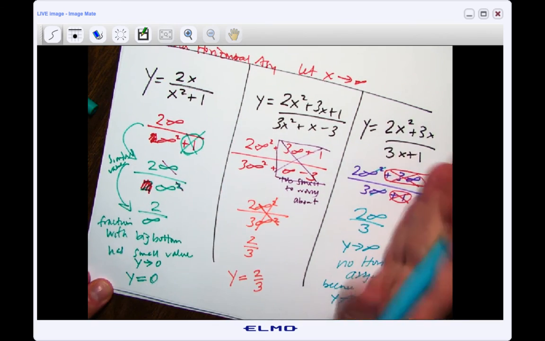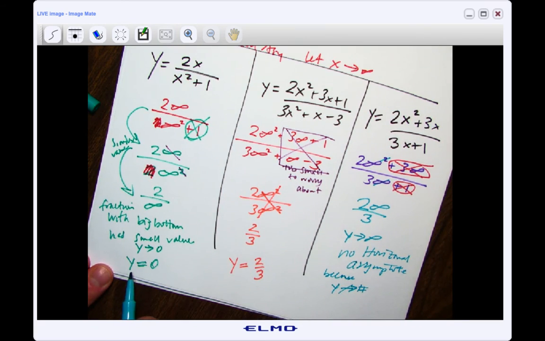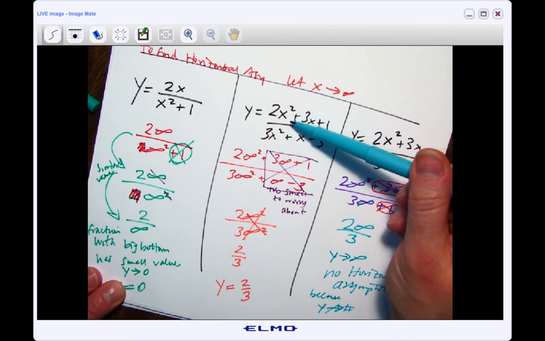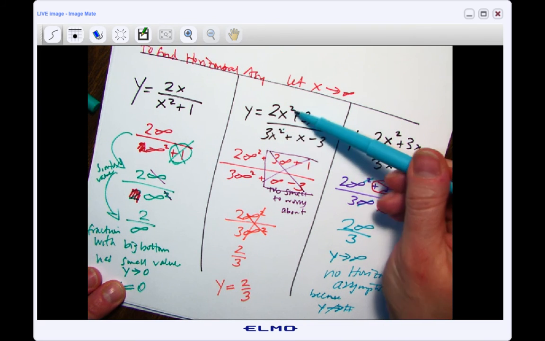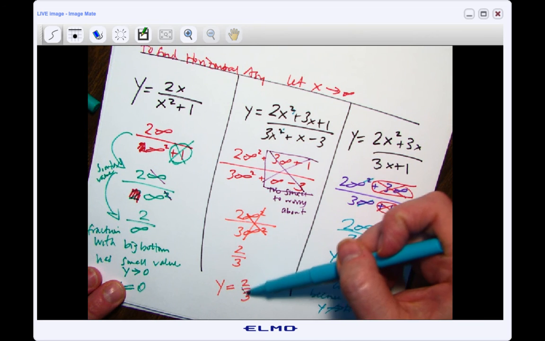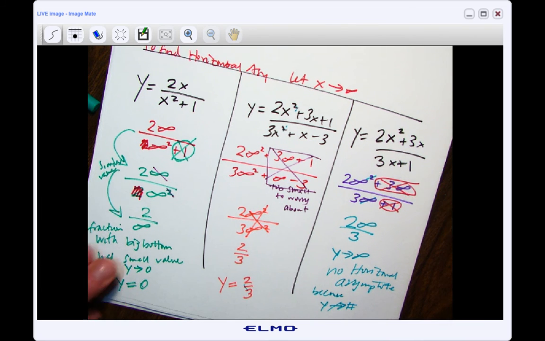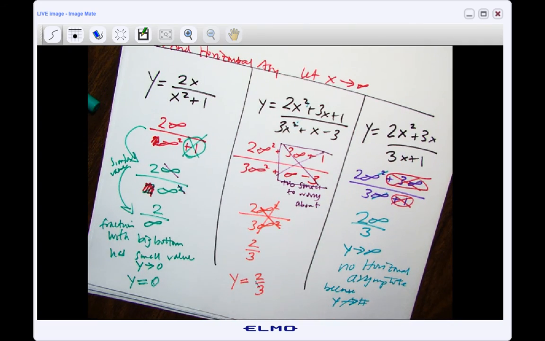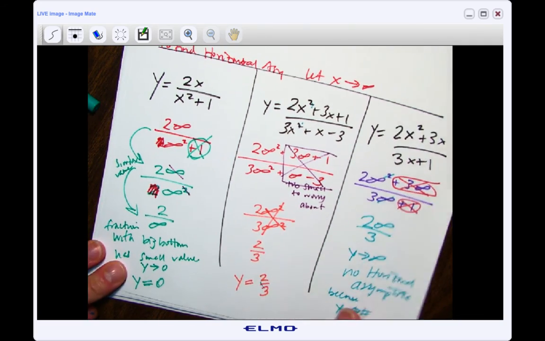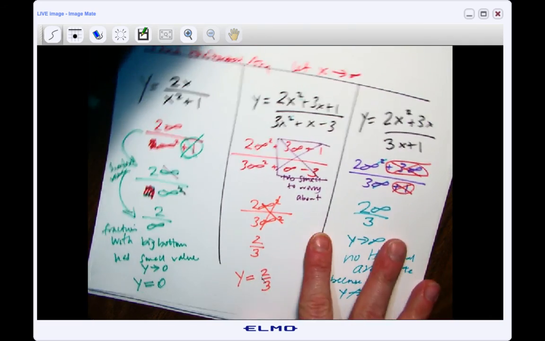So there's 3 scenarios that can happen. You can have a fraction where the bottom gets really big and you go towards 0. You could have a fraction where they're kind of the same size on top and bottom, and so the fraction ends up being the leading coefficient. Or you can have one that has no horizontal asymptote. So some people sum it up in this way. They say,